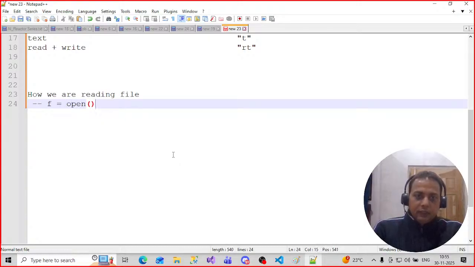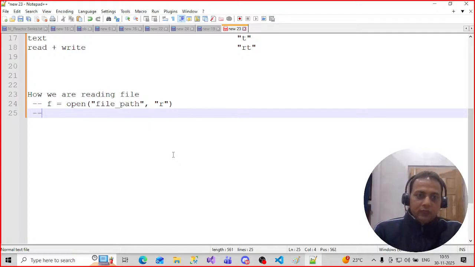Open method, and what are we providing? We are providing the file path. Then we are providing the mode. So we are providing the read mode. So we are using f dot,